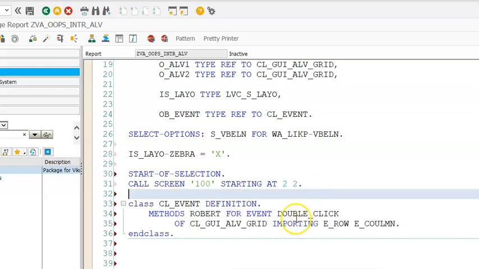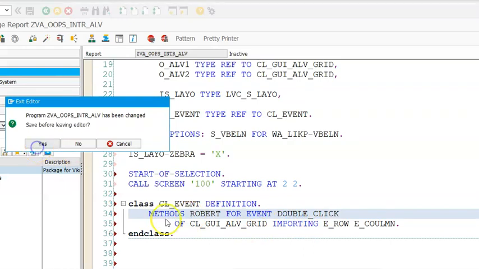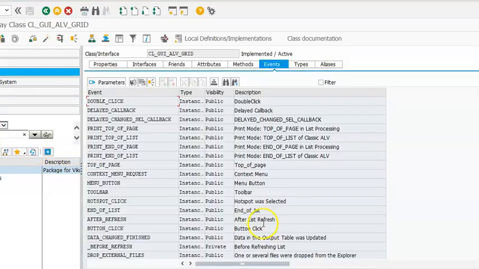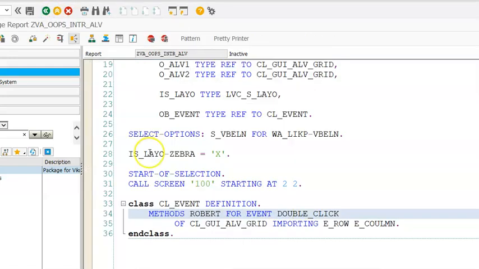Now, why is it so? Because double_click is already an event which is predefined in this standard class called CL_GUI_ALV_GRID. So there's a double click. There's already an event which is predefined in the standard class CL_GUI_ALV_GRID. That's the reason we cannot change that. Now next